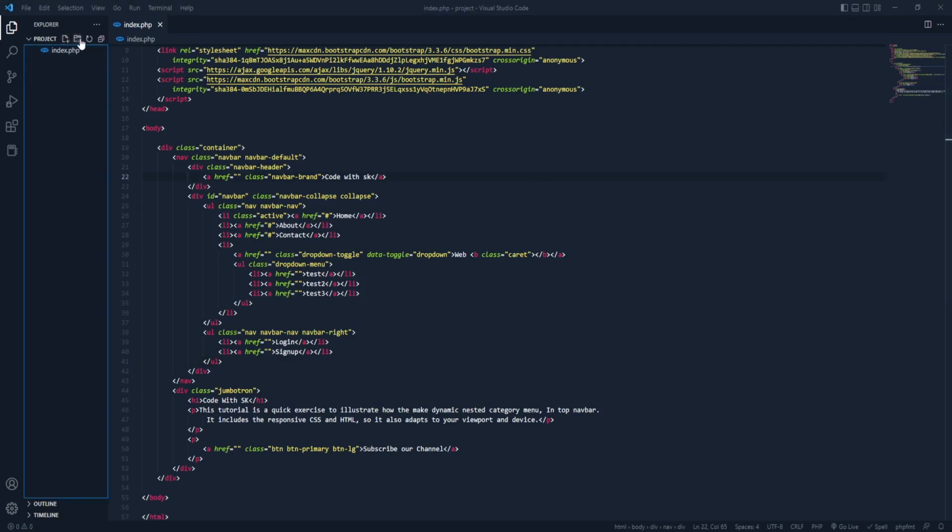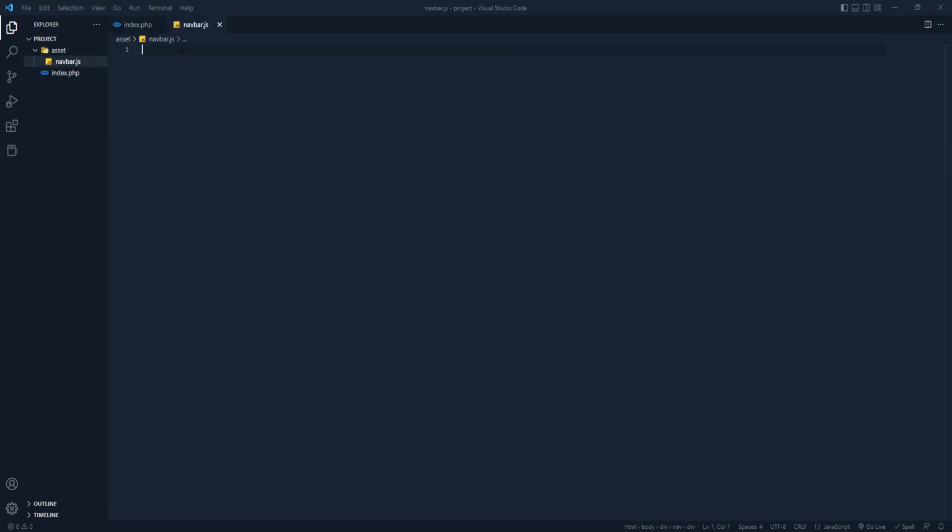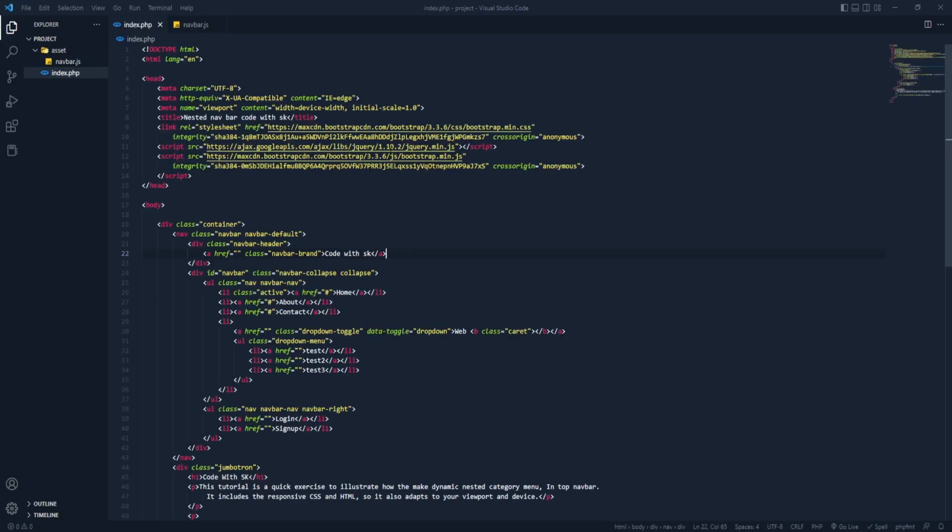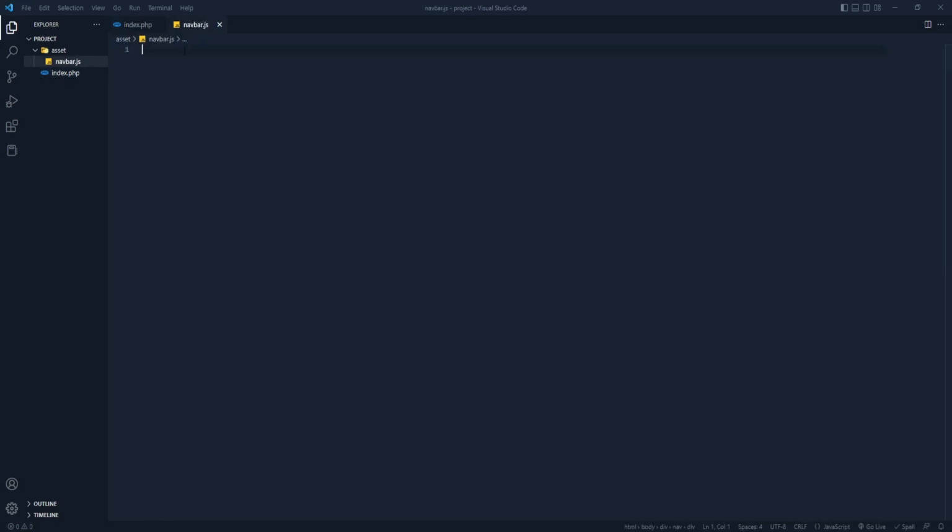Now let me put a folder here, asset, and inside here we need navbar.js. Inside navbar.js I'm using jQuery. You can see I have already connected my jQuery file here. So let's get back. Now, when the document is ready,